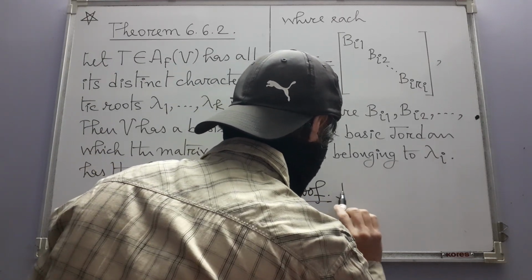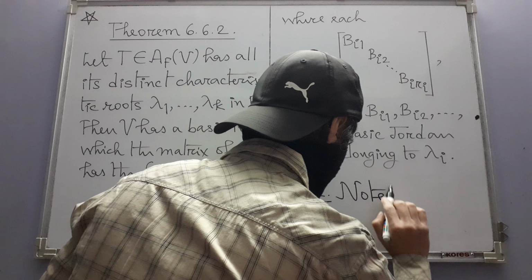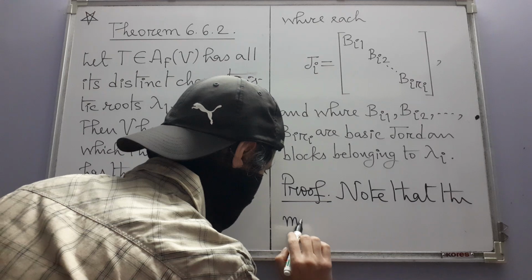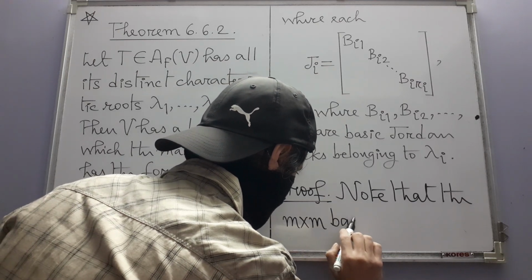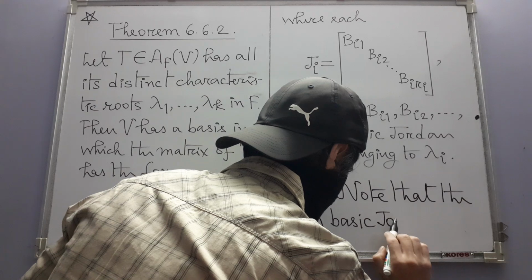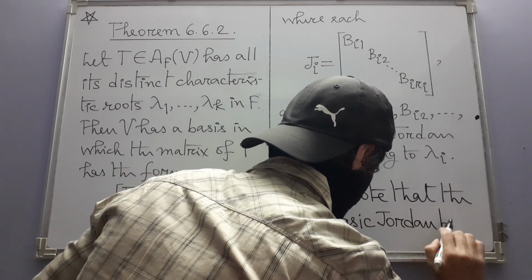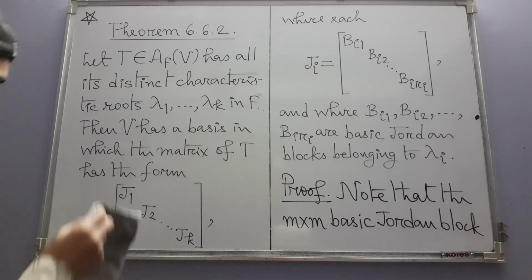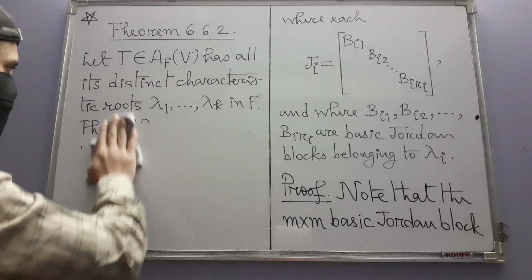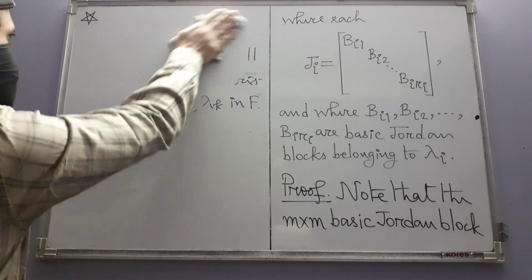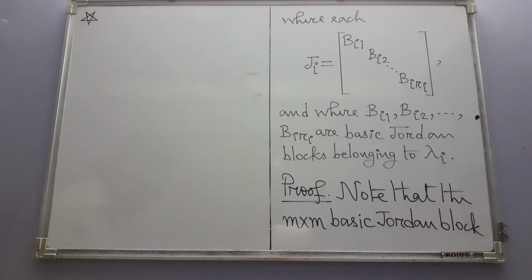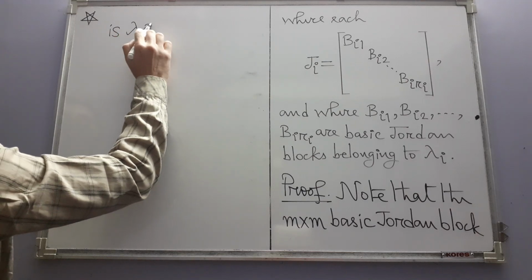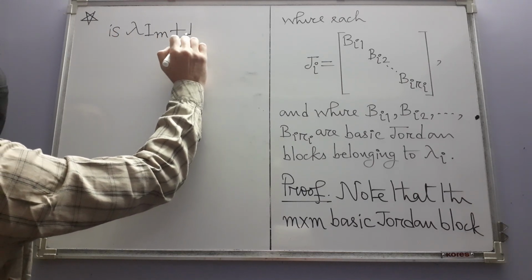So he writes, note that the m by m basic Jordan block is just this matrix, plus M_m,